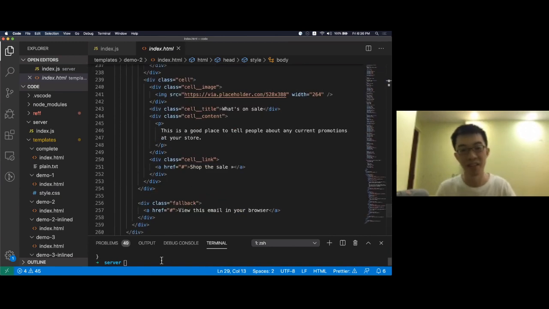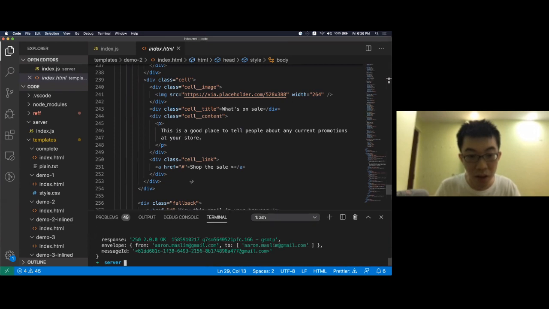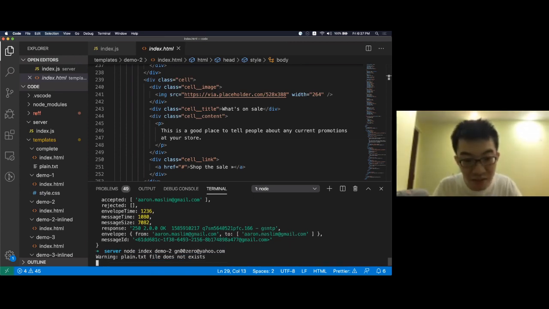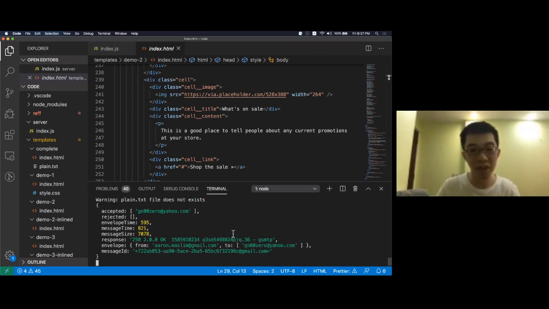Okay, then I'll just send that file, which is demo2. Oops. Okay, the response looks good. Looks like send. Then I'll check it in my email. Oh, before that, I'll try to send to my another account, which is a Yahoo account as well. Okay, while waiting for that, it looks fine. Okay, so let's see the result in